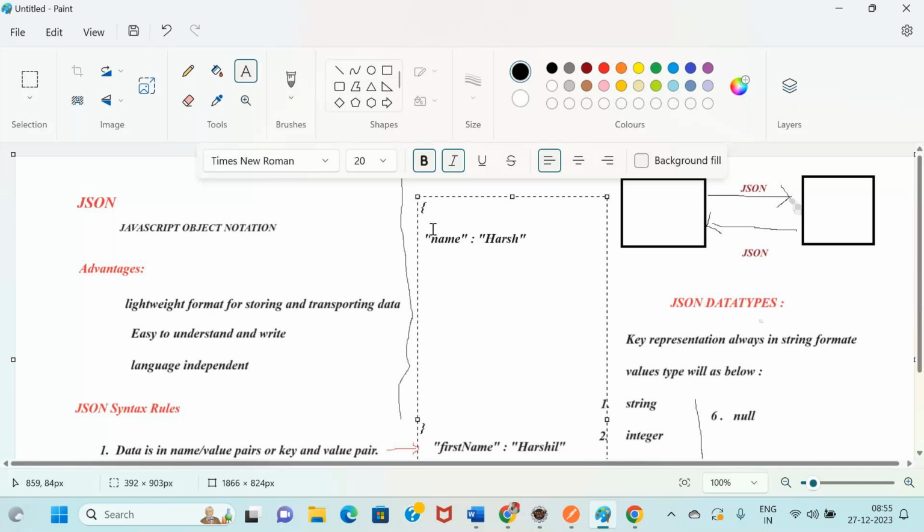One more data I have to represent now for this employee. From one data to another data, it should be comma separated. So I'm entering a comma. Then I'm giving one more piece of info about it, like qualification.